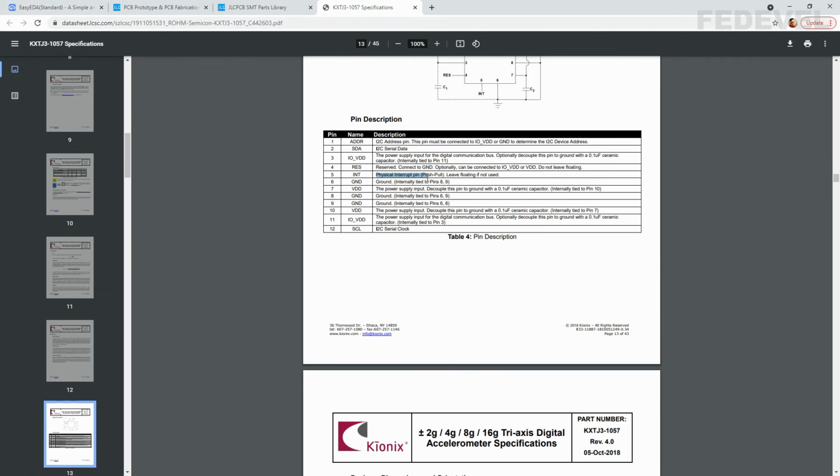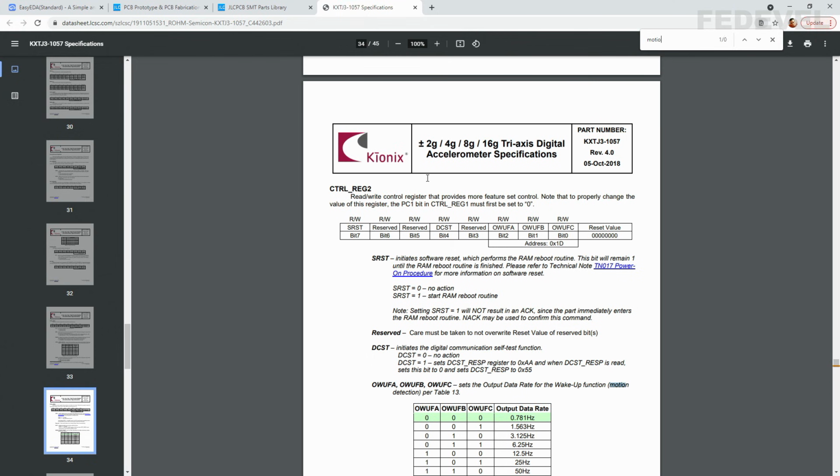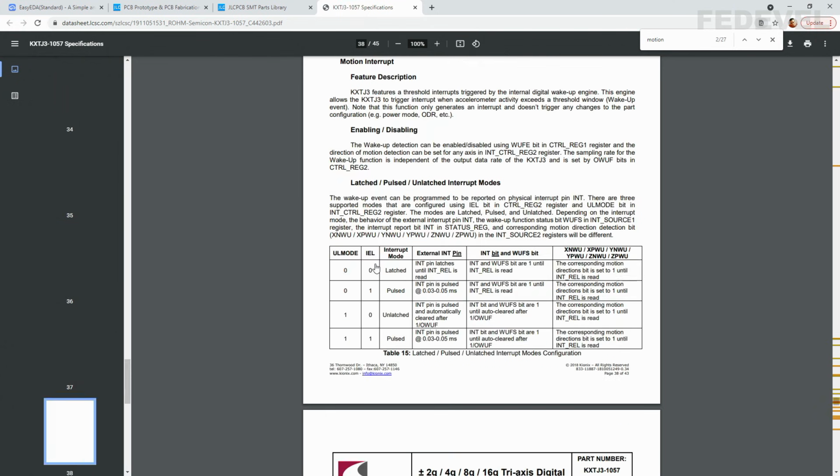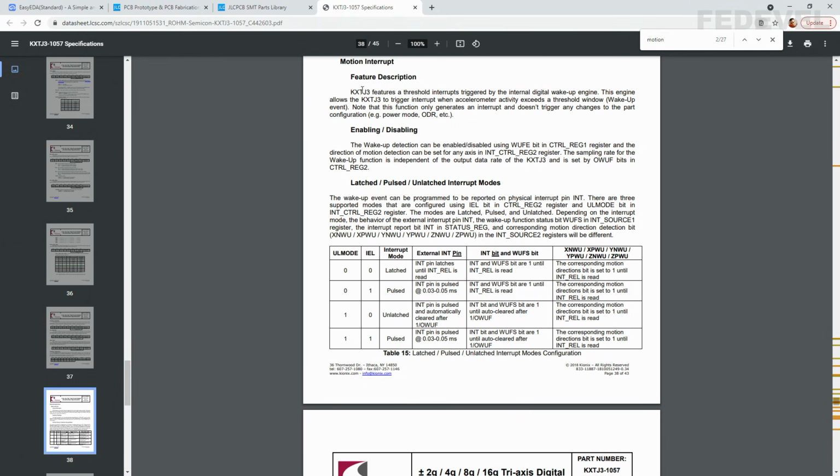So let's search for motion detection or something like that. Motion interrupt. This chip has a threshold interrupt triggered by the internal digital wake-up engine. And the wake-up event can be programmed to be reported on the physical interrupt pin.